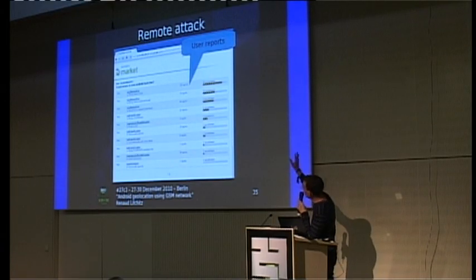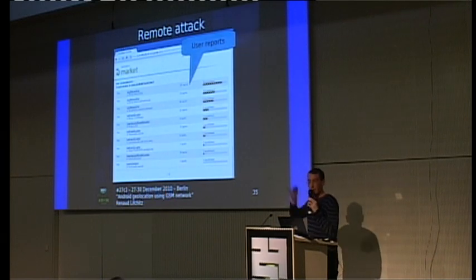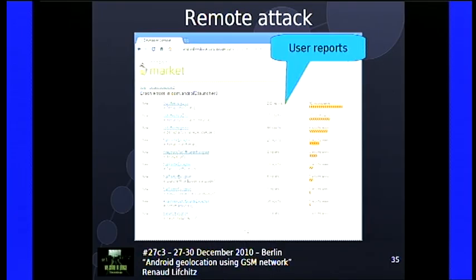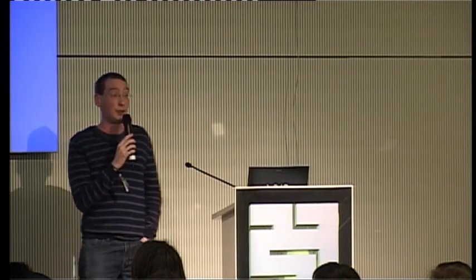And the developer, in their developer console, will be able to see all user reports by exception types. Here you have out of memory errors or null pointer exceptions and all the reports. So this is the second attack. Third attack